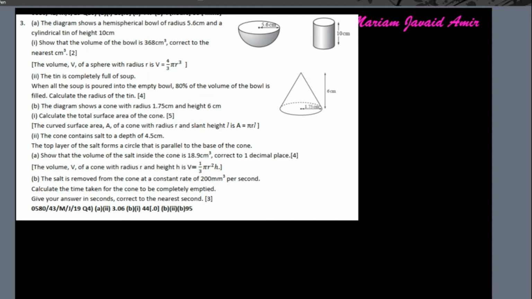Question number 3. The diagram shows the hemispherical bowl of radius 5.6 and a cylindrical tin of height 10. Show that the volume of the bowl is 368 centimeter cube, correct to the nearest centimeter cube. Okay, so A1 is show that the volume of the bowl, so the formula for volume